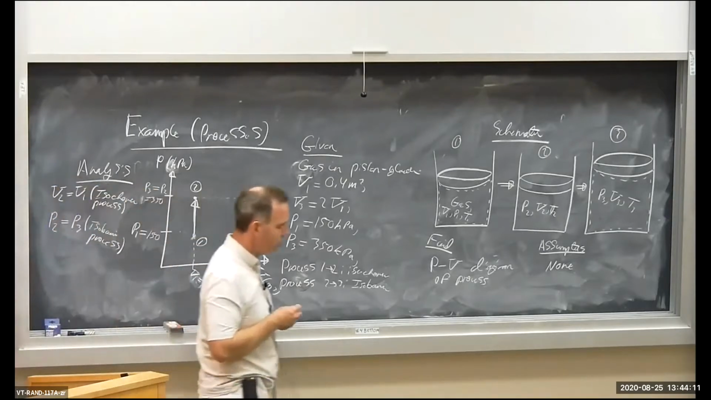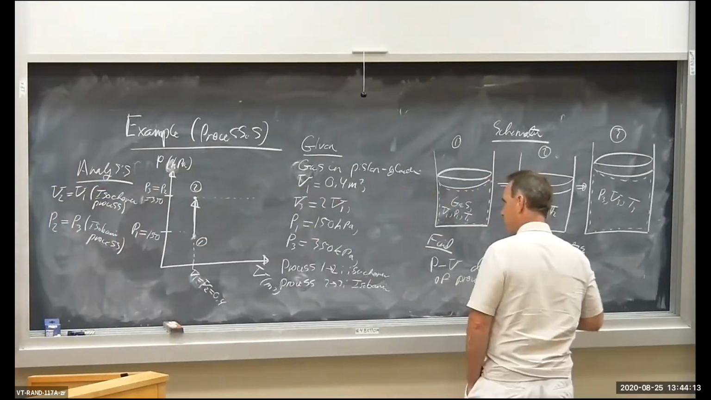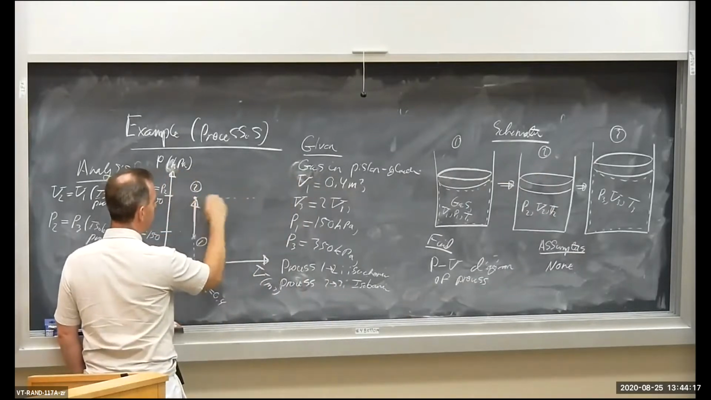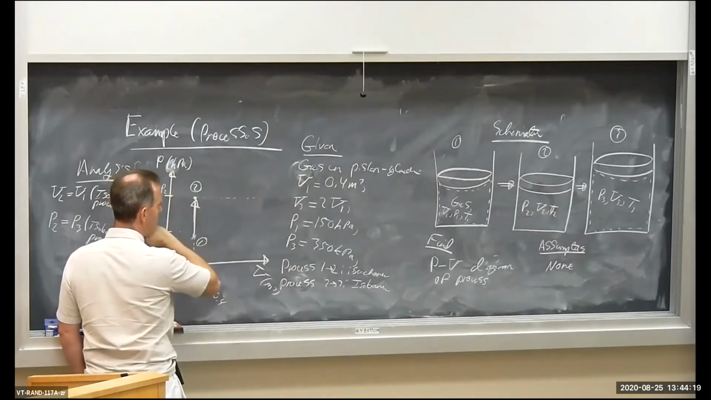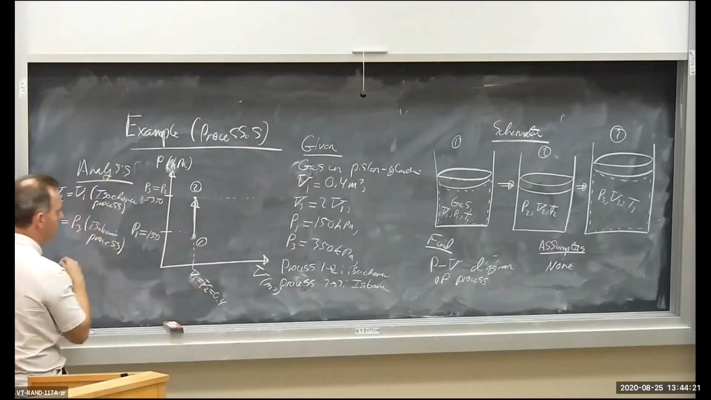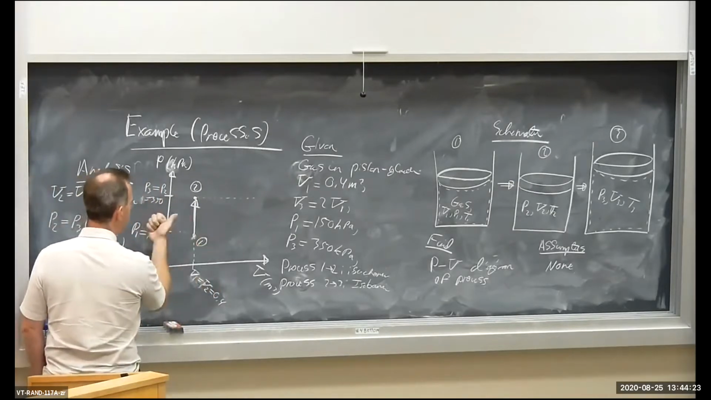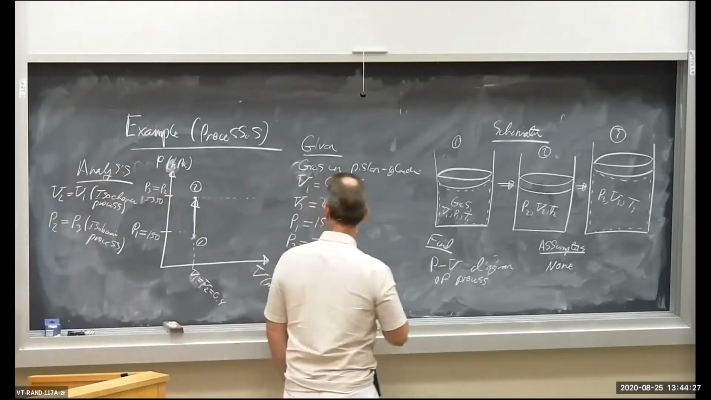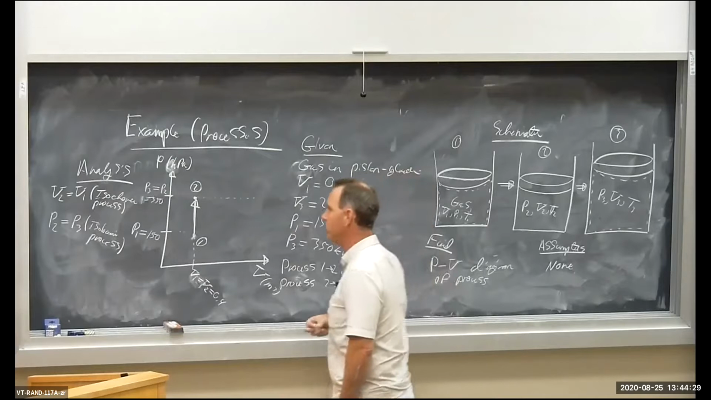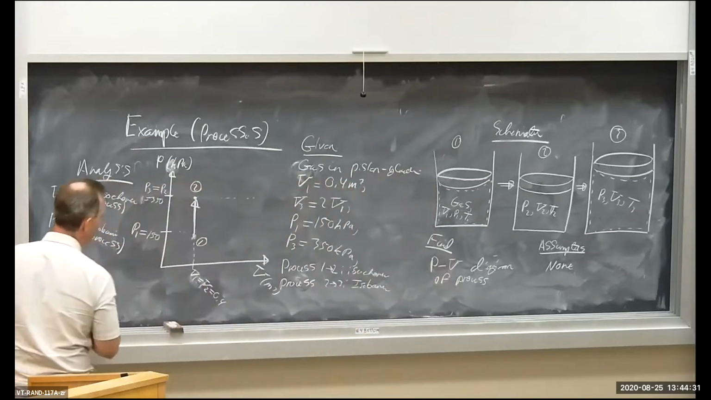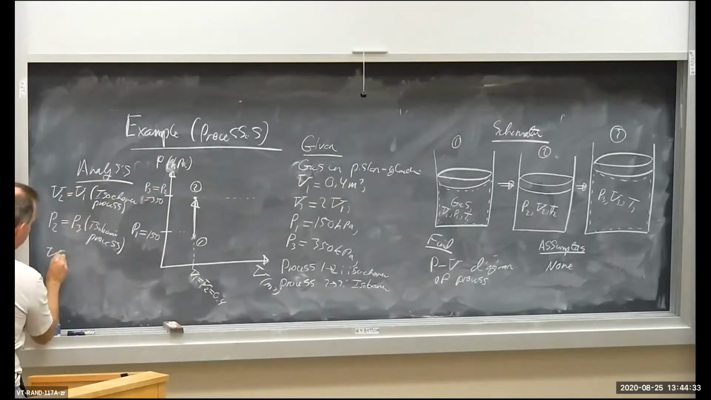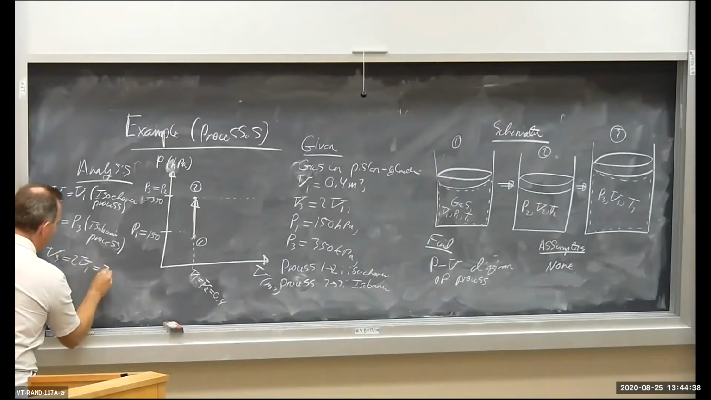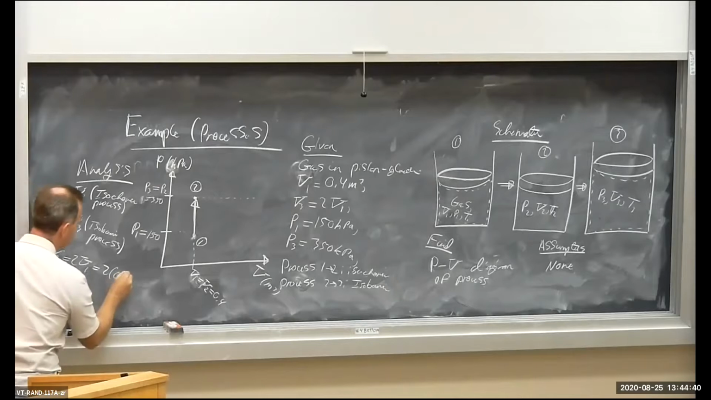Process 2 to 3, let's draw that one. That one has to be along a horizontal line in PV space. So the question is, what direction do we go? Is volume going to decrease or increase? Well, note, we're told that V3 is equal to 2 times V1. So V3 is 2 times V1, which is 2 times 0.4